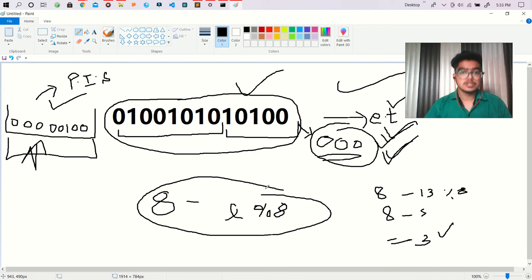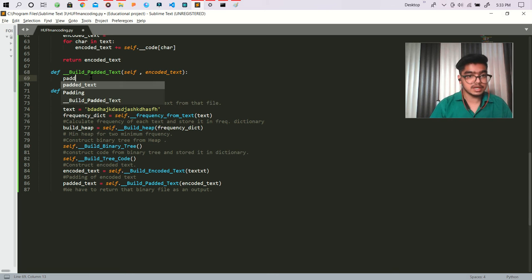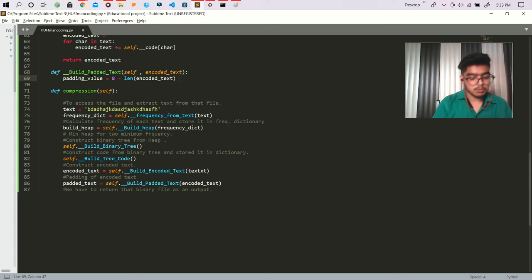Okay, so similarly we have to make the padding value, and that padding value we get as 8 minus length of encoded text modulo 8.